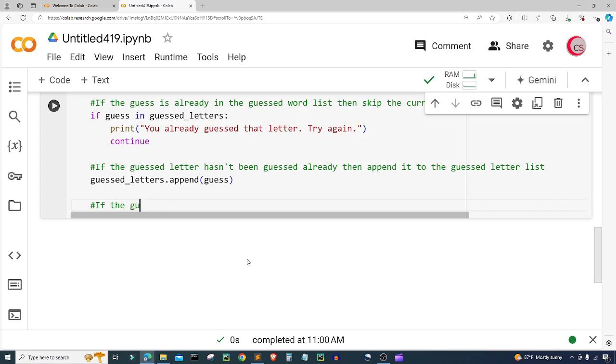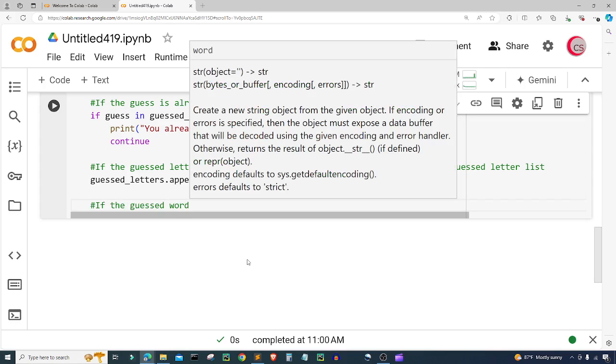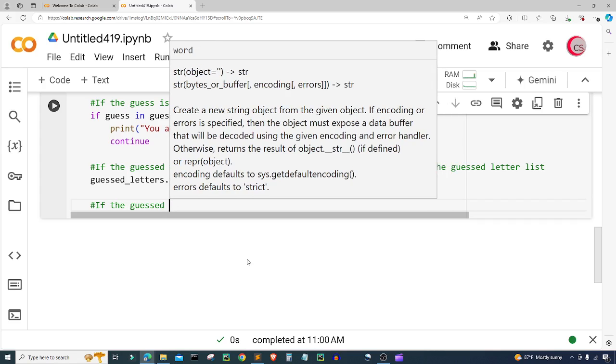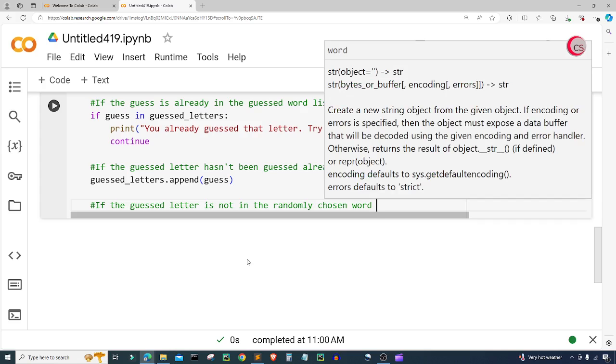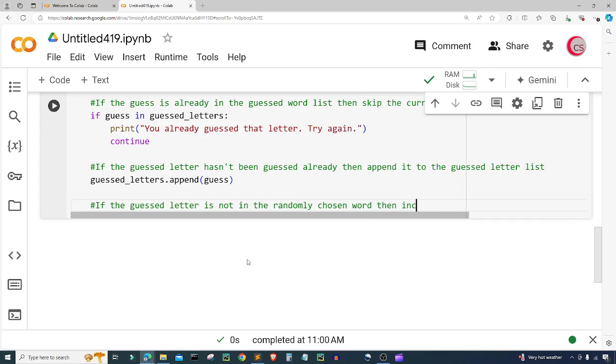So if the guessed letter is not in the randomly chosen word, then increase wrong guess by 1. All right,